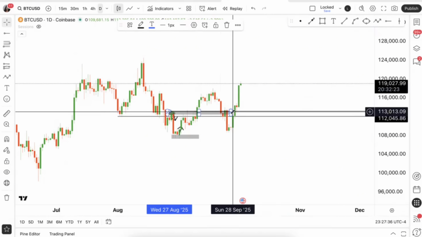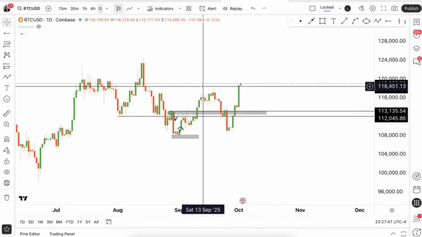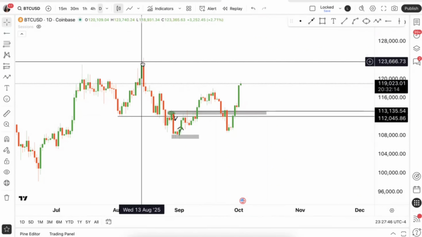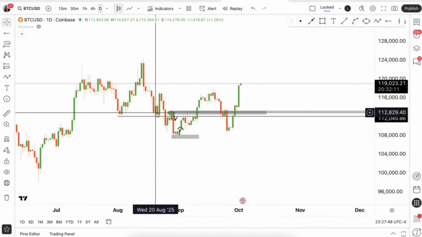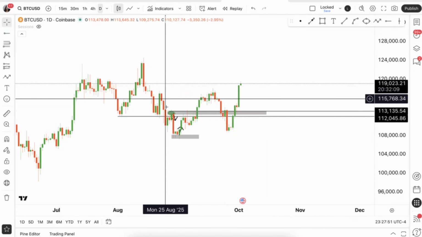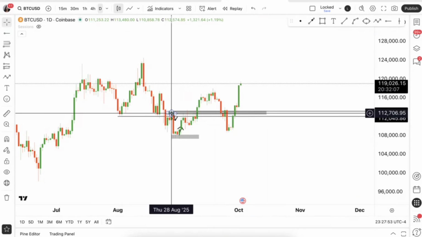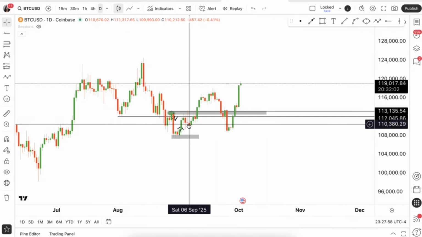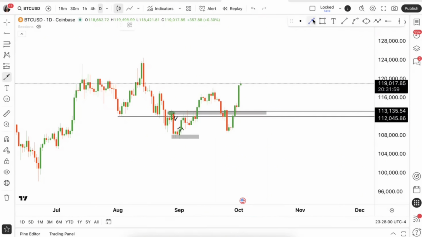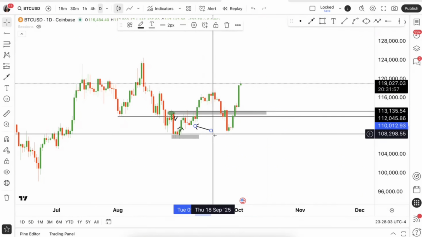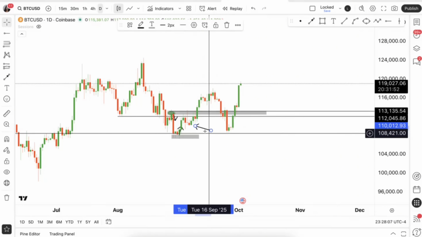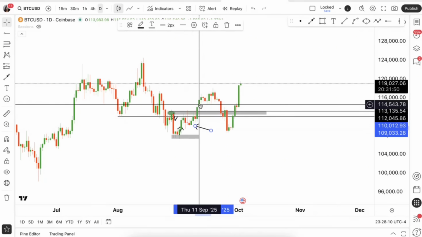This is what I was looking at to get this trade. Overall, this is what I was looking at to get this trade. Why? Because in this downtrend, we made a high, a low, a lower high, a lower low, a lower high, a lower low, a lower high, a higher low. This is the moment right here where price starts to become skeptical, and then you can say price is turning back bullish, right?